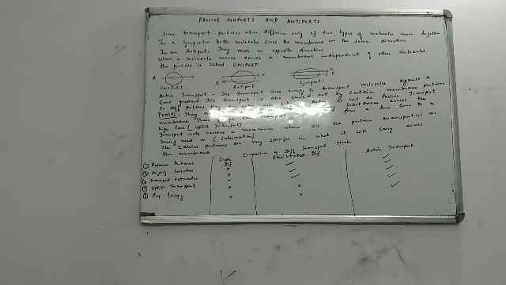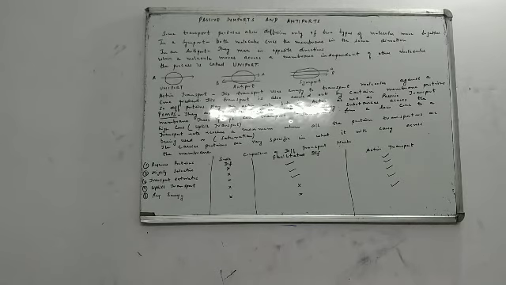Uphill transport. Why is it called uphill transport? Supposing you are traveling a hill, okay? You are climbing up a hill, you need to put in a lot of energy compared to when you are coming down a hill. So when you are climbing uphill, you need to put in energy. And here, because energy has to be put in, this transport is also known as uphill transport. Active transport is also known as uphill transport. So pumps, what are pumps? Pumps are proteins that use energy to carry substance from low concentration to high concentration. That is your uphill transport.